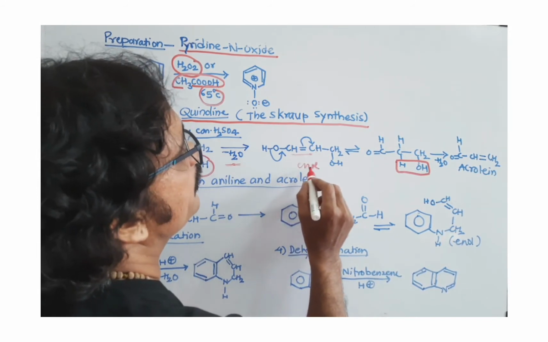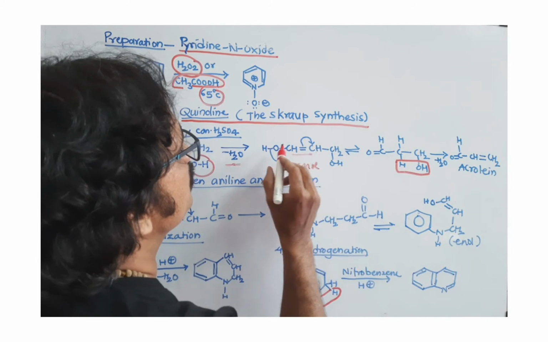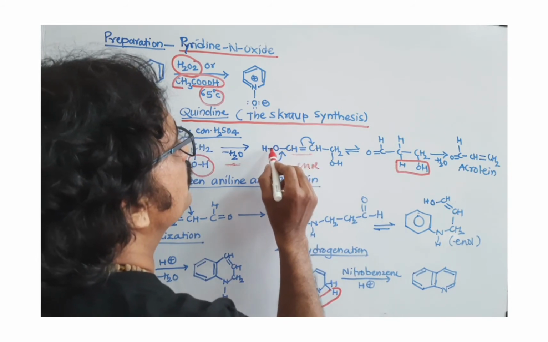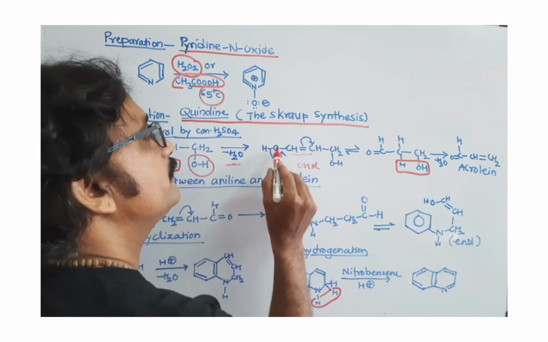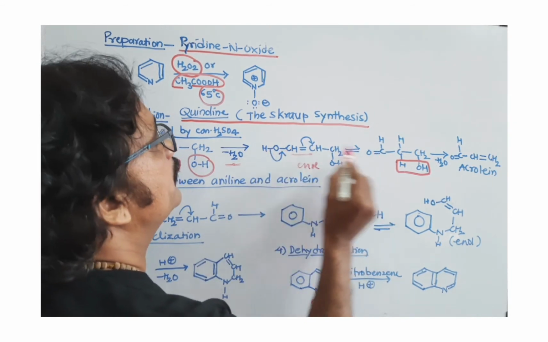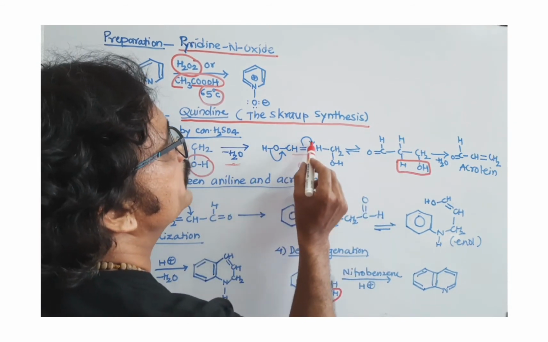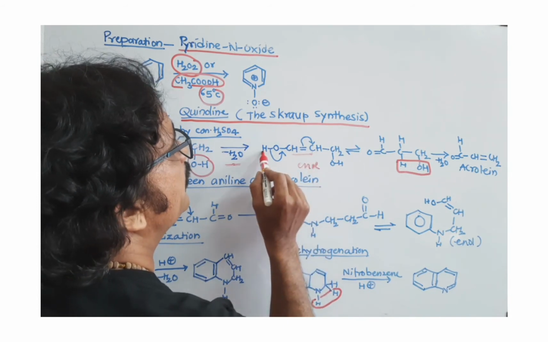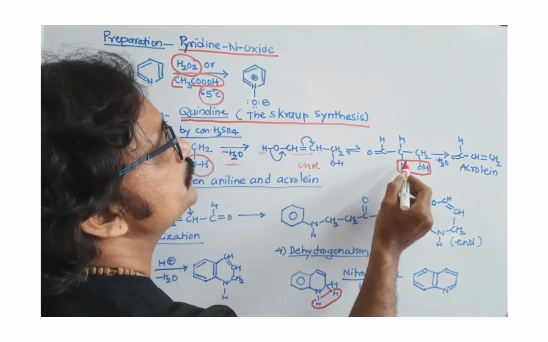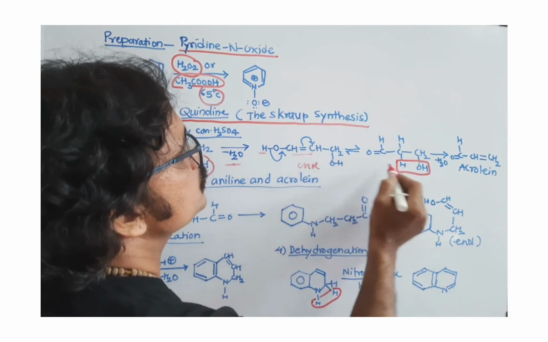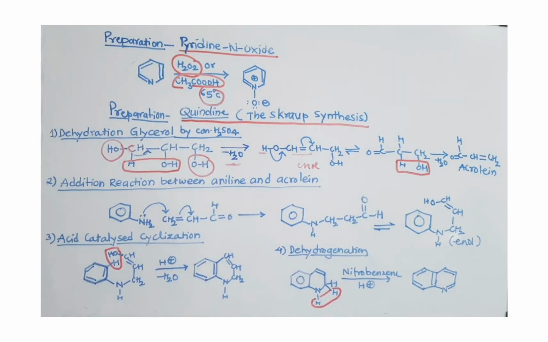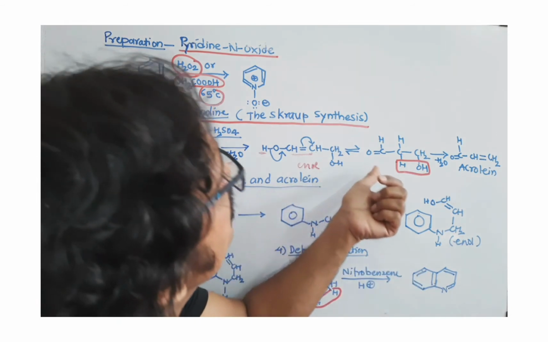Now this enol can undergo tautomerization. You know tautomerization. You have to shift this bond between oxygen and carbon to form a carbonyl group, and you have to open this bond on this carbon, and the H will change its position. So you get here a carbonyl compound. So this is nothing but keto-enol tautomerization, right?